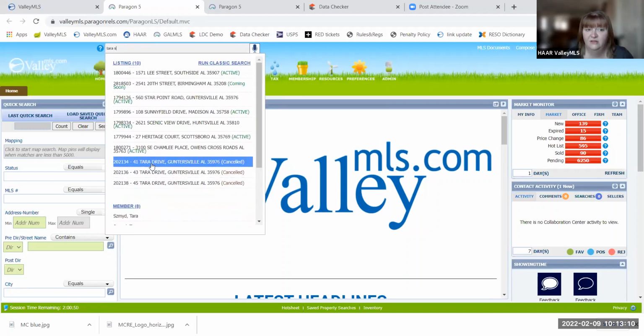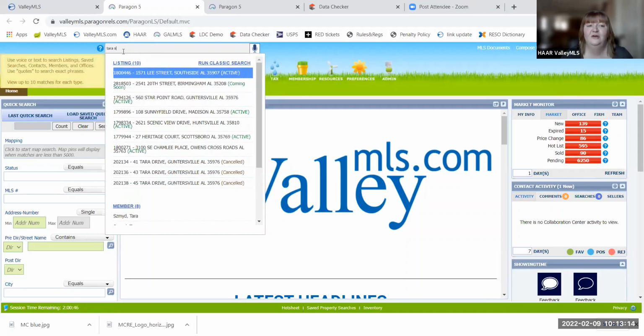A Tara Drive is also here because it wasn't really sure what we wanted. And it's going to offer us 10 listings, 10 members, 10 contacts, whatever it can find that matches what you're typing in. So if you've got an MLS number that you're looking for specifically and you want to go right to that one, come to Powersearch, type that in. It's just going to immediately offer it to you and bring up the agent full.